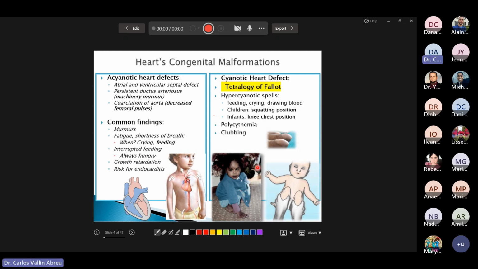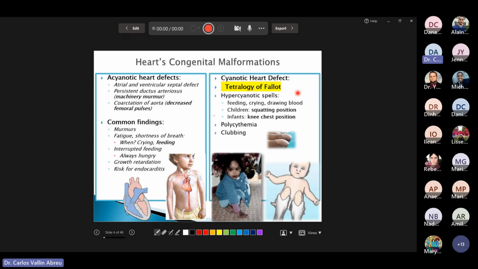This is the presentation. A baby, when auscultated, has a murmur in the heart. And when the baby is feeding or exercising, will present shortness of breath. This is the presentation of a baby with tetralogy of Fallot. This cyanosis is permanent, is present all the time, and is, as I said, in the mucosa in the center of